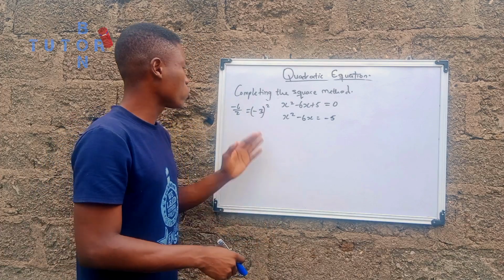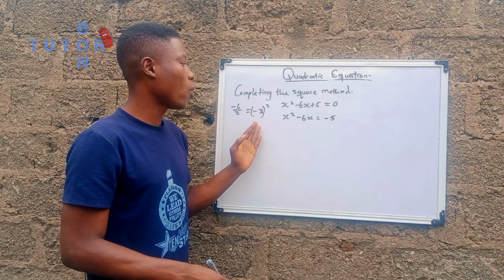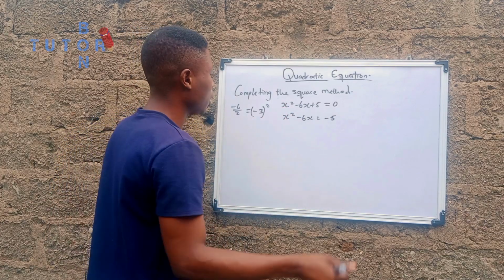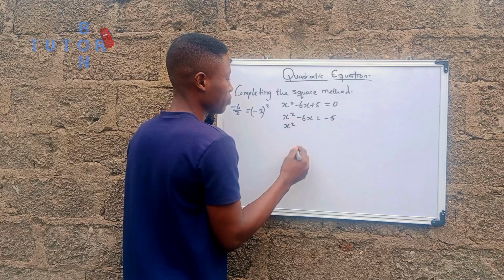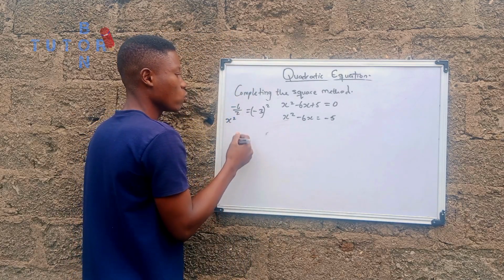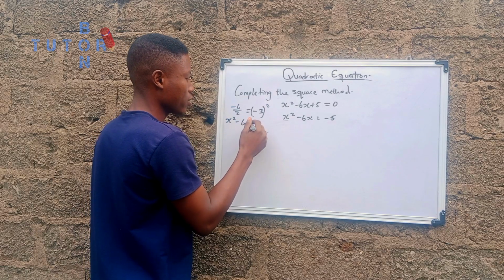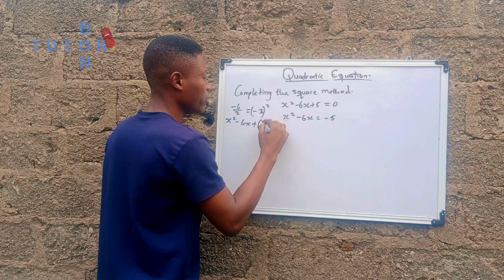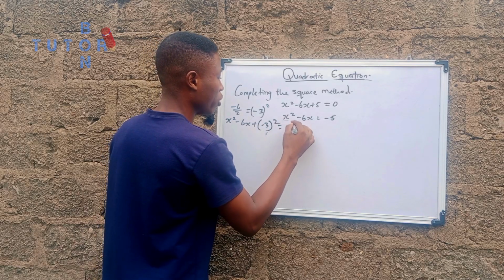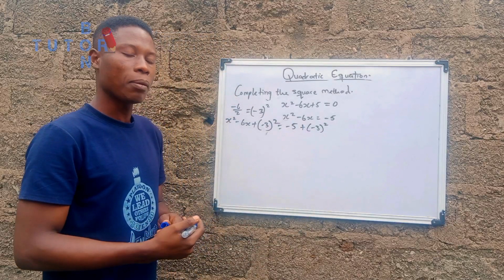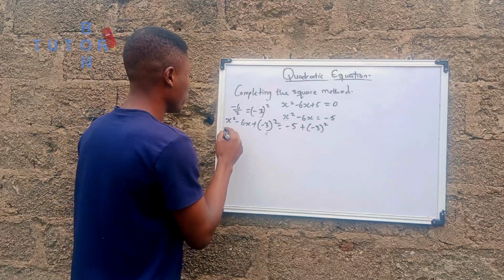And the next step is to add this half of the coefficient of x, squared, to both sides. So if I'm adding it, I'll be having x² - 6x + (-3)² equals -5 + (-3)². This is what I'm having. So if I'm to solve this, I'll be having,